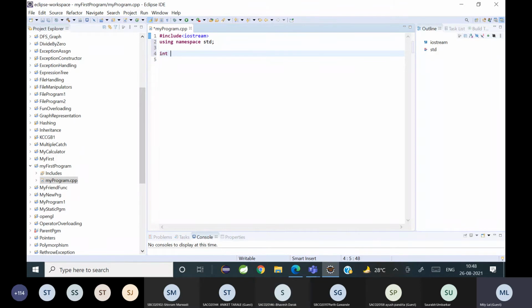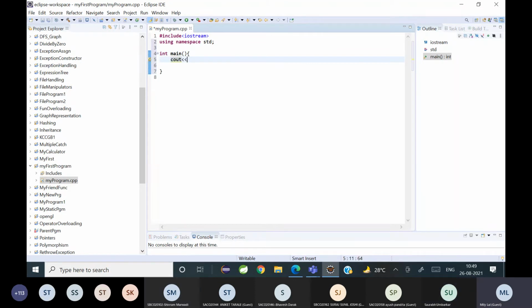Then I start main with int main. Since we have not started with classes and objects, I'm going to write a procedural method here. So int main. Now, I want to print Hello World. How will I do it?